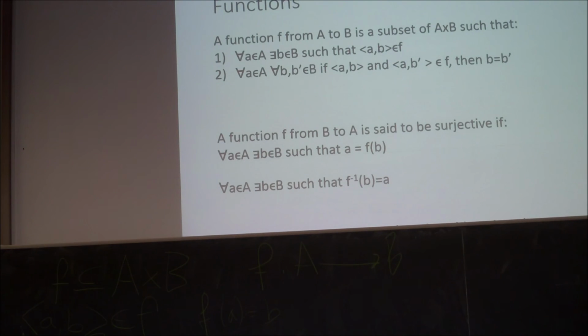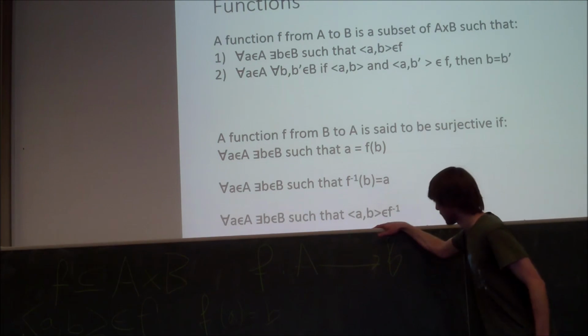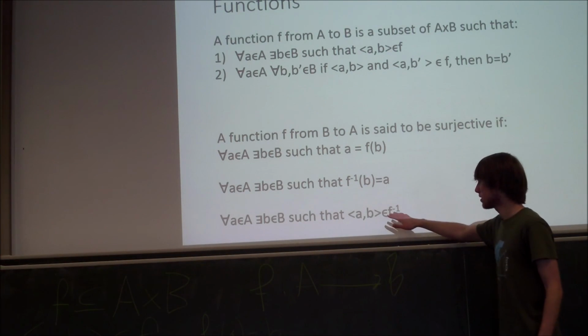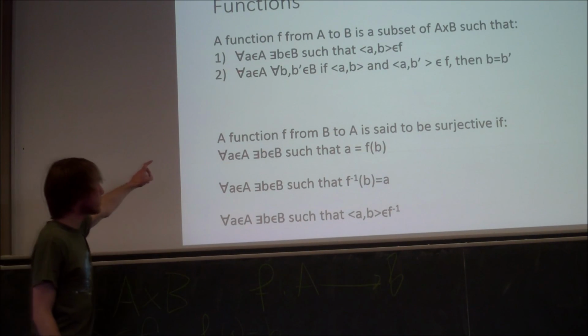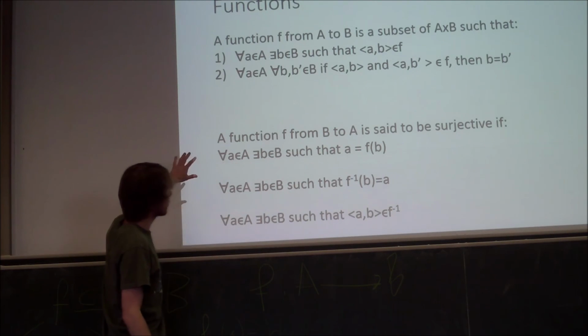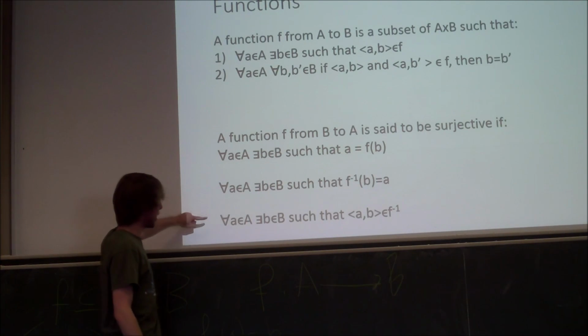And if we state that in our new set theoretic language, all that's saying is that the pair (A, B) is in f inverse. And if you look back at the top, that means that surjectivity on f is saying the same thing about f inverse